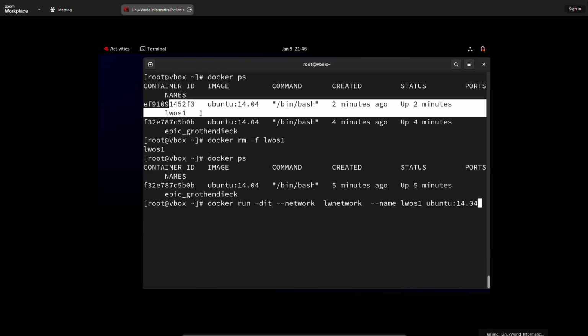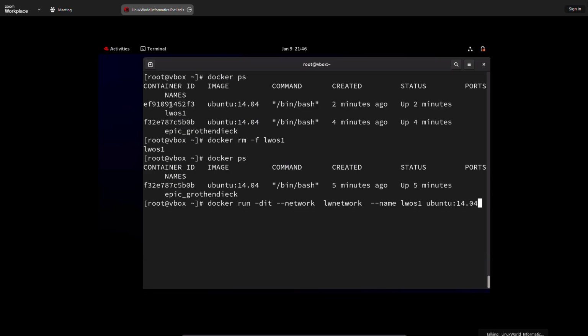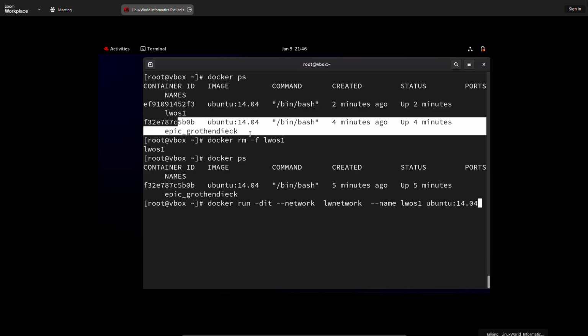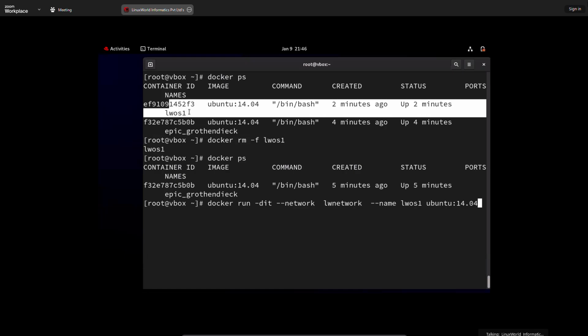But every time the container is deleted and a new container launched, there are higher chances the IP will be different next time. So if the IP changes, then I have to go to my developer who wrote the backend code in Python, Flask or Java, and tell this guy the IP has changed. So they will go to the code and update the new IP address. So technically, every time your container is deleted and a new container is launched,